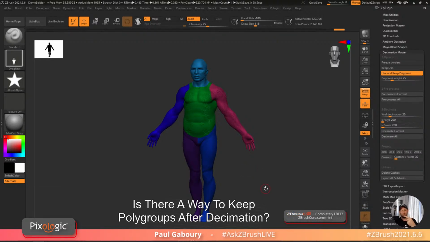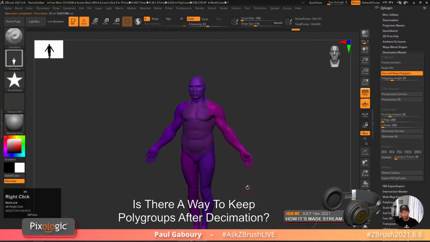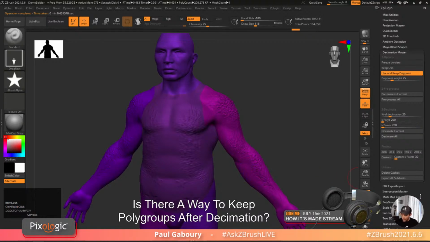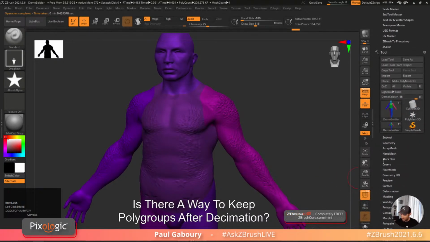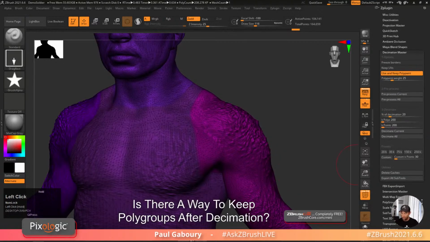Okay, I told it to just look at the model, pre-process the model, find the highs and lows of the sculpt, analyze the mesh, and then now number 2, I told it to look at the paint. Okay, and now when I decimate, you'll notice that I've now decimated the model, but my paint is still there. So let's turn off the lines. You can see this is a decimated model. All right, and if I change the number here to 10%, which is going to be decimate,